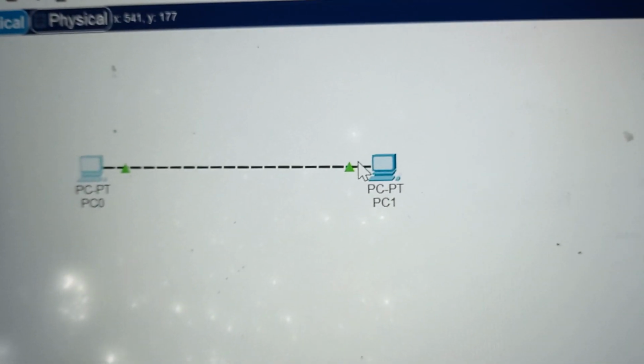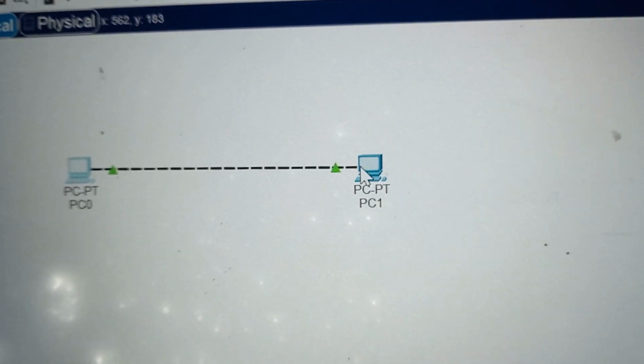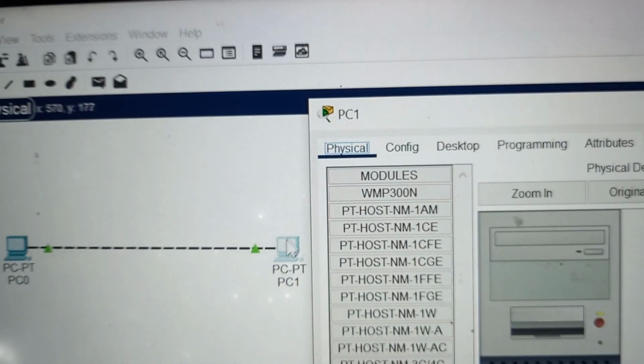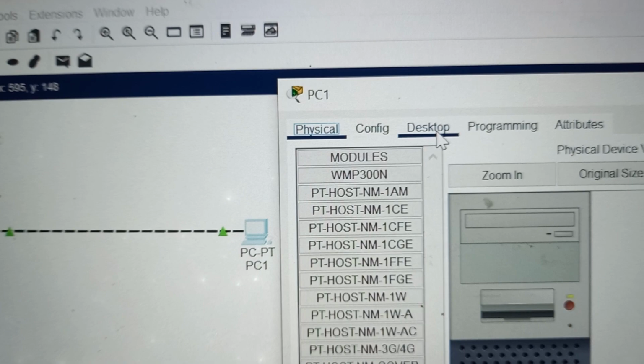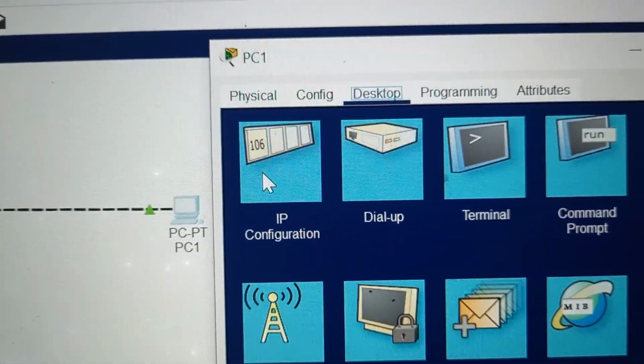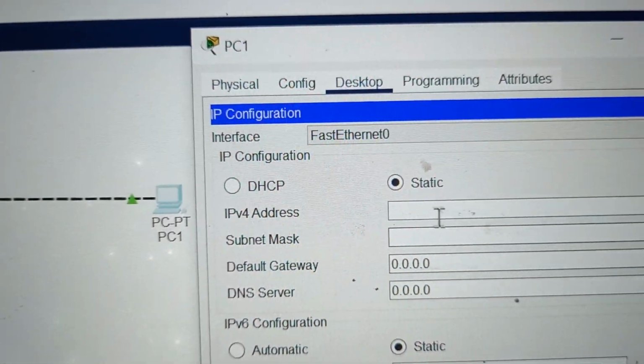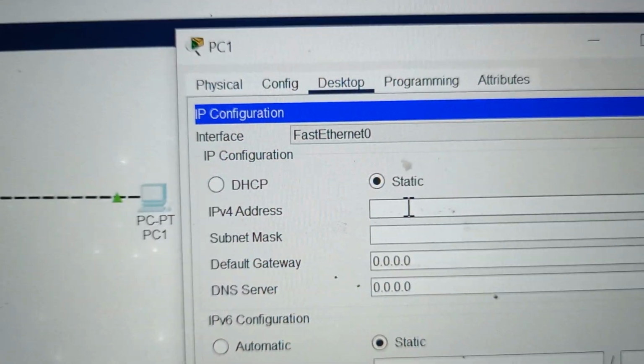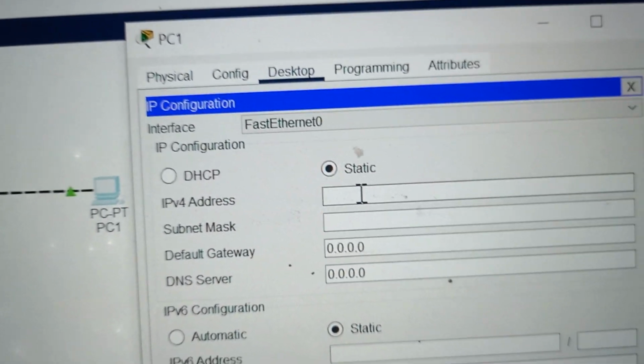Okay. So I'll assign the IP address to the second computer. Again I'll click on this, go to desktop, click on IP configuration. You should not give the same address. Give the other address, that is